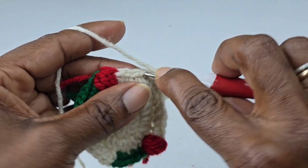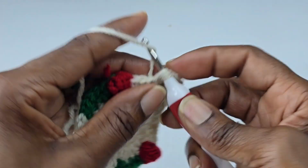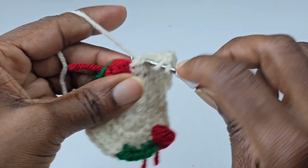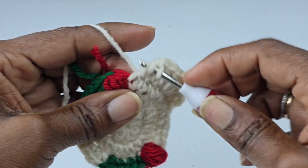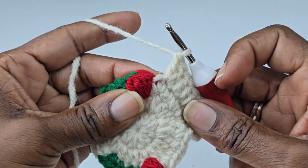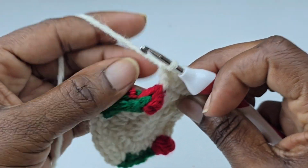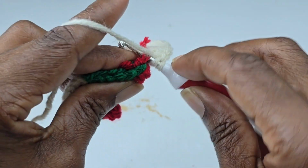1 double crochet into the next 2 stitches, into the next stitch you're going to make 2 double crochets, you're going to make 1 double crochet into the next 2 stitches, and you're going to make a double crochet into the cherry. Remember, that's also a stitch, so you're going to make 1 double crochet there,